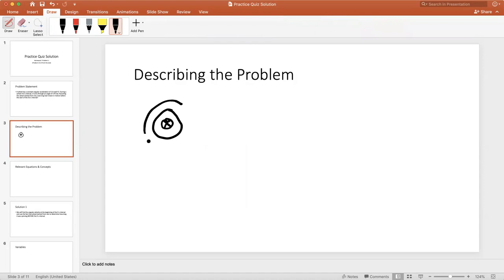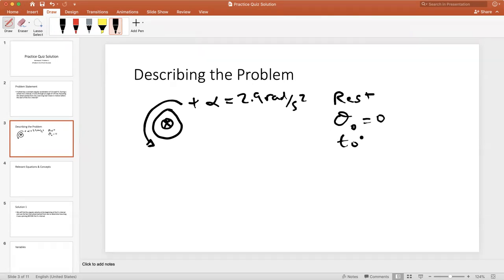It's going to be turned with a positive angular acceleration of 2.9 radians per second squared. It's going to begin from rest, which means that the initial angle is 0, the initial time is 0, and the initial angular velocity, omega, is also 0. Then later,